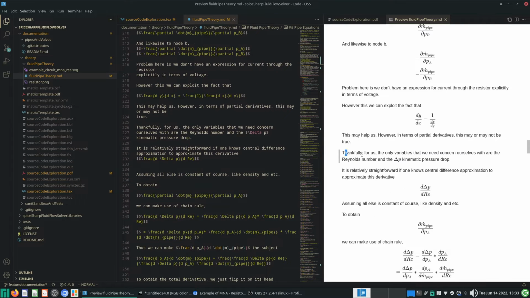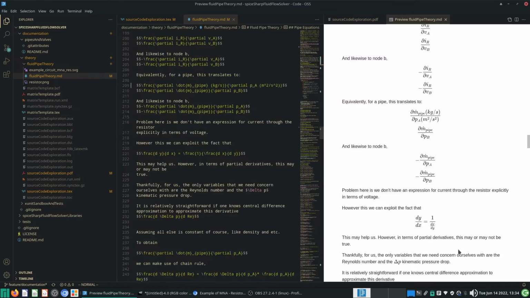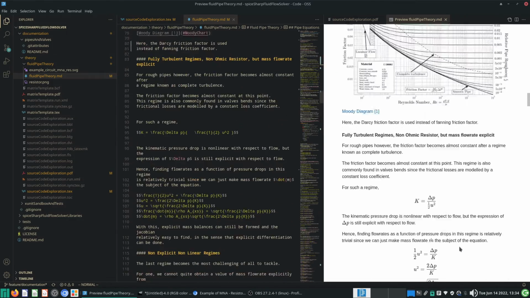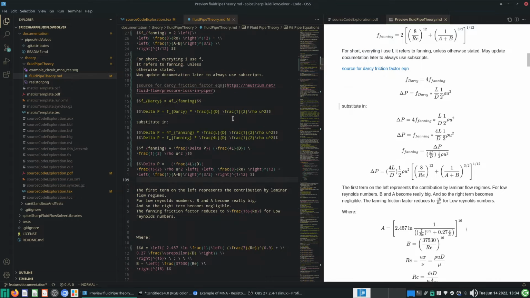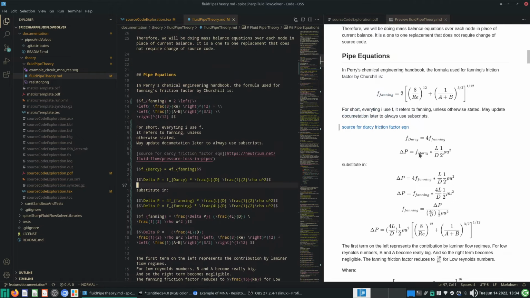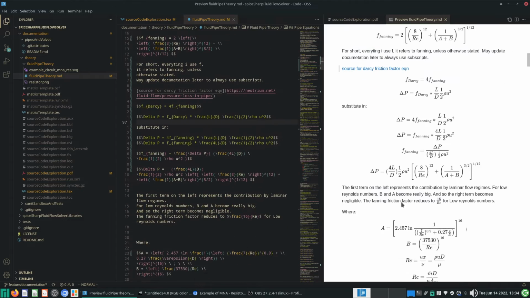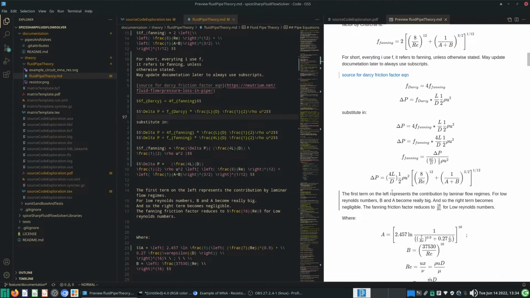Okay, so thankfully for us, we only need to concern ourselves with the Reynolds number and delta P, which is the kinematic pressure drop. Okay, so it's relatively straightforward. If one knows the central difference approximation to approximate this derivative, we can use numerical simulation, or not simulation, numerical differentiation methods. So if we look over here where this rho is,